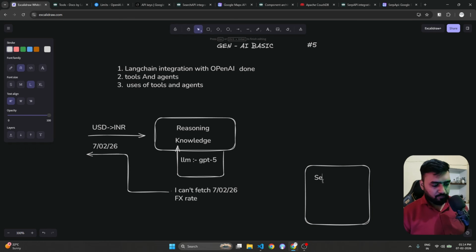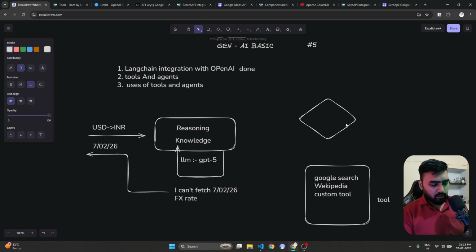For example, we can use Google search to fetch, or we can use Wikipedia, or we can use custom tools. So what are all these? These are tools. Then how do they communicate with our model? To communicate with our models, we have